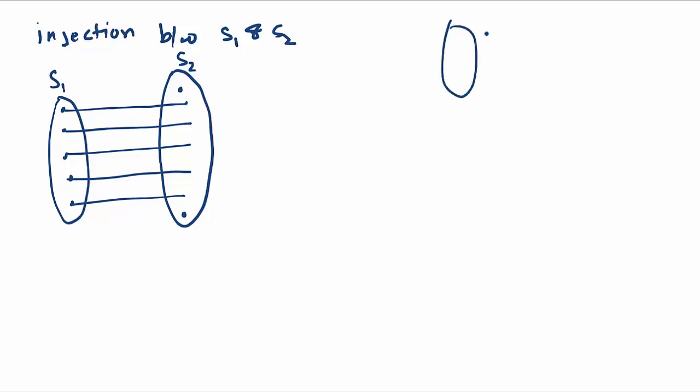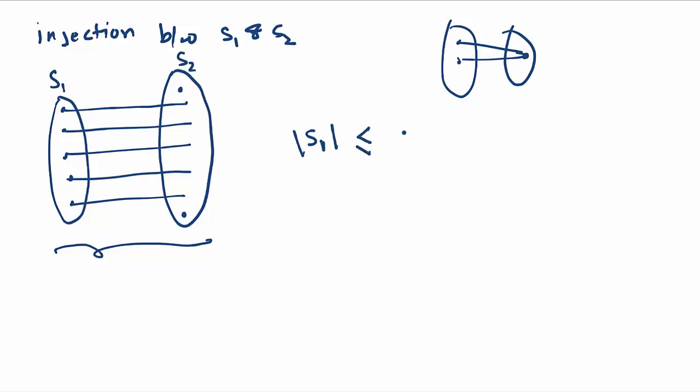I mean, this kind of possibility is not there. Two elements of S1 should not relate to one element of S2, right? So if we need to check when injection is possible, then we can say that whenever the cardinality of S1 is less than or equal to the cardinality of S2, then we can have an injection, right? I hope this is clear, because S1 should have fewer or equal elements than S2. So let's suppose the cardinality of S1 is m and the cardinality of S2 is n, then m should be less than or equal to n, right?